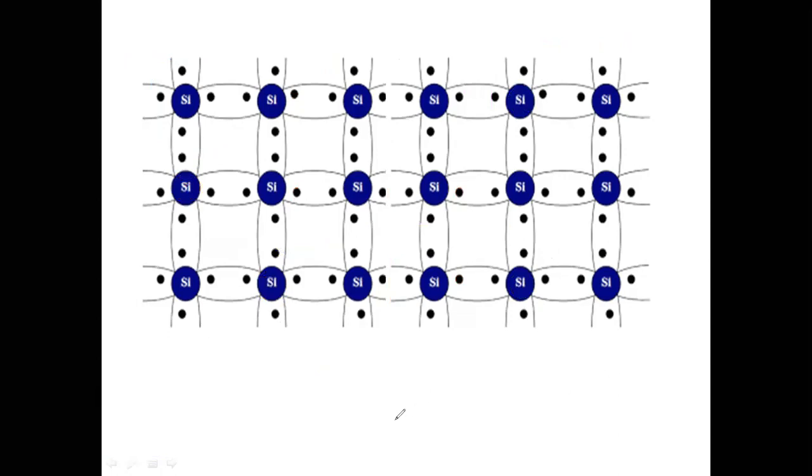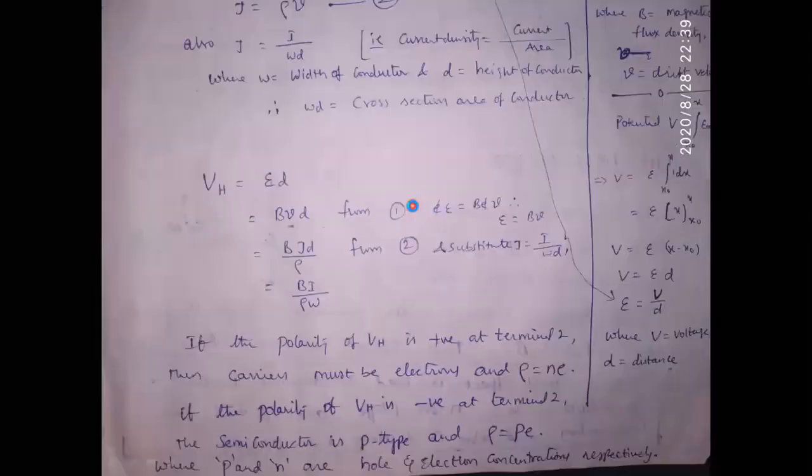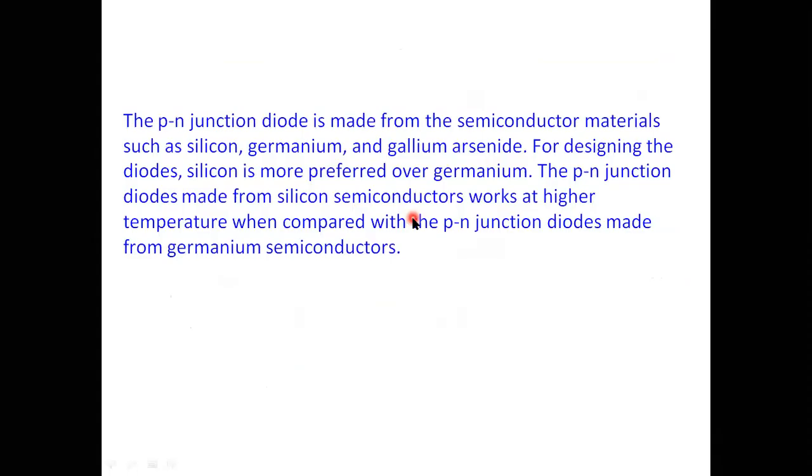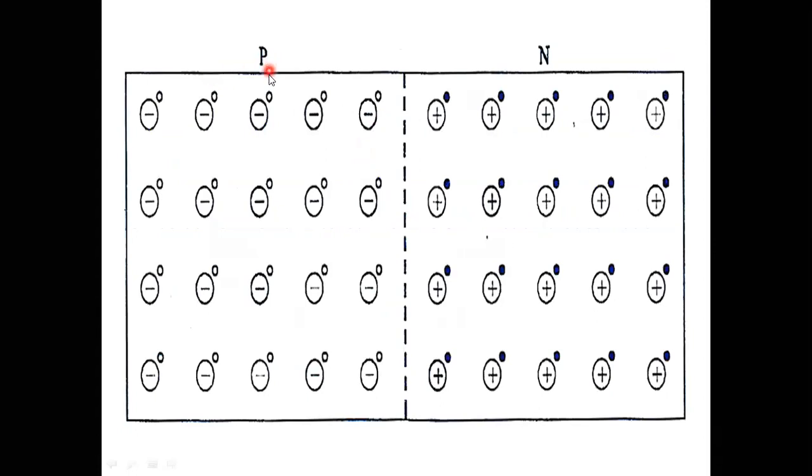So now this is our semiconductor p-n diode. On the p side, for every negative charge I have a hole. For every trivalent impurity atom I have a hole. Likewise, for every pentavalent impurity atom there is an electron forming. So for every pentavalent impurity atom I have an electron here.